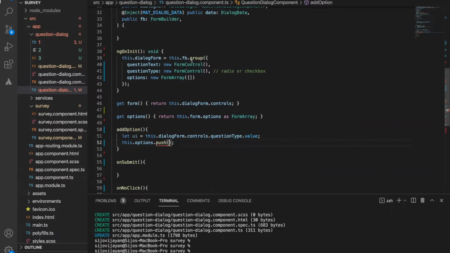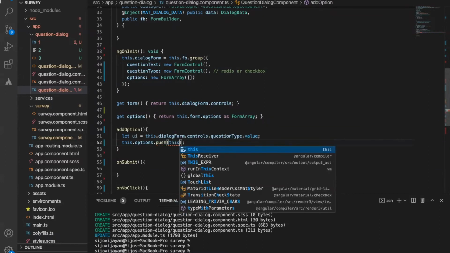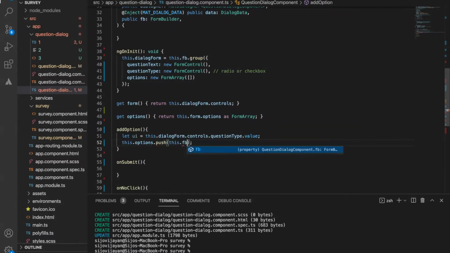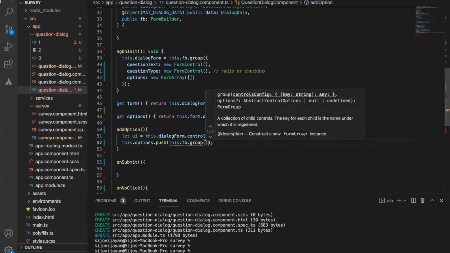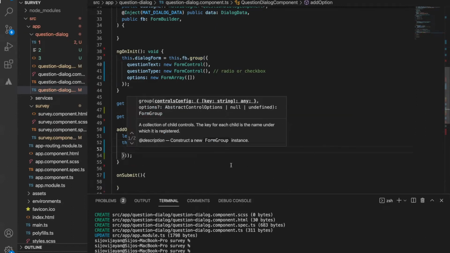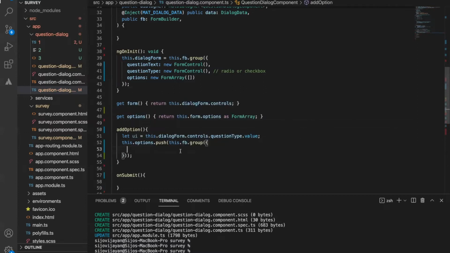So into this form array, we need to put something like this. For that, I will put this dot fb, form builder dot group. We are pushing another group just like this. That group should be an object. Then the object contains the controls.